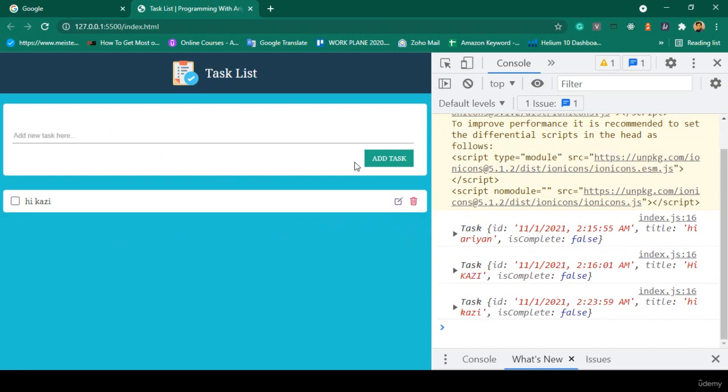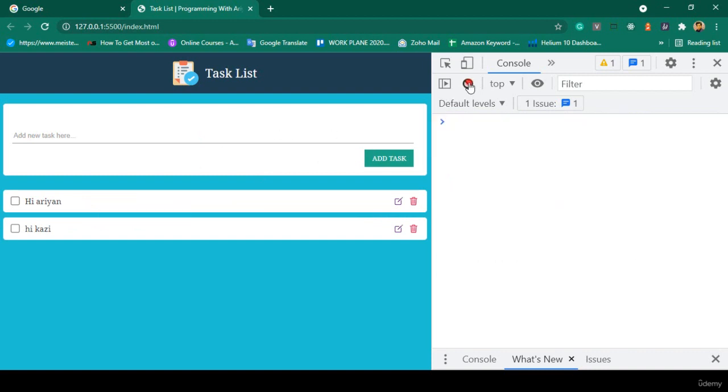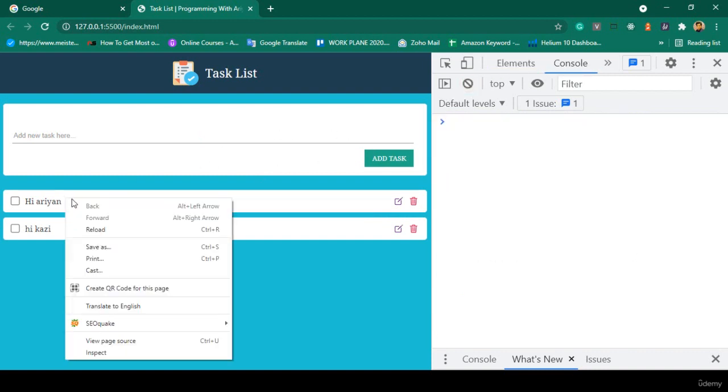and then I want to add this text, and also use another one as "Hi Aryan". And now if you click add task, that is another task, right? Now I want to make it as "clean". Okay, I make it as clean, and here if you now click inspect again, okay, into this inspect,